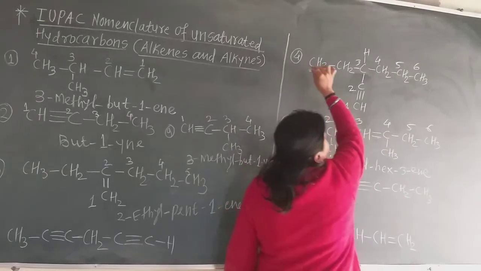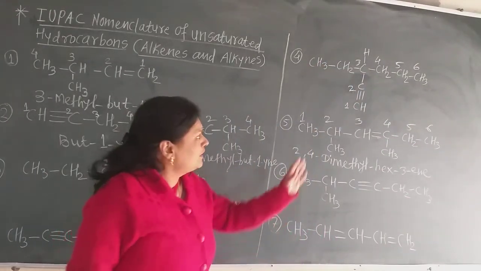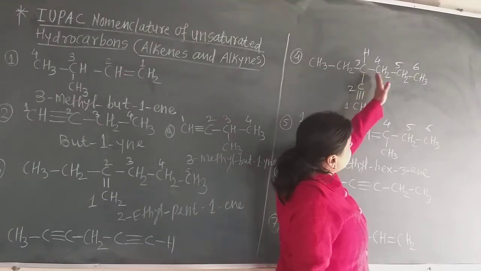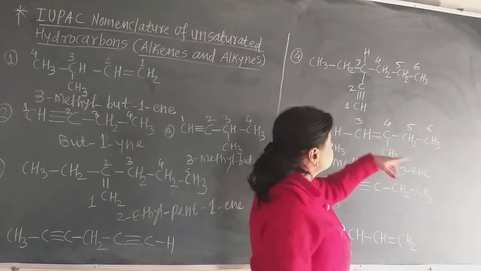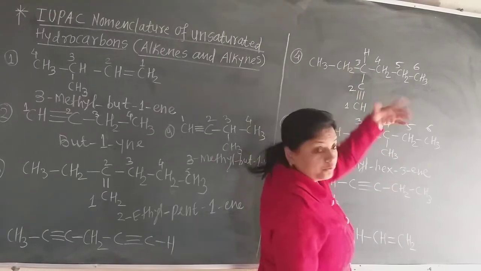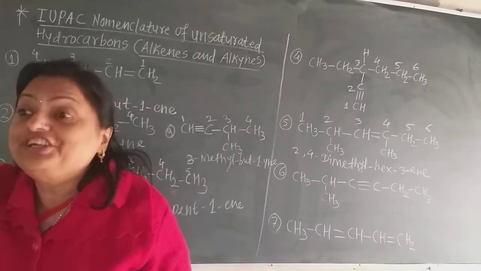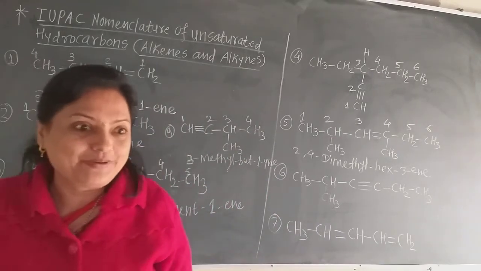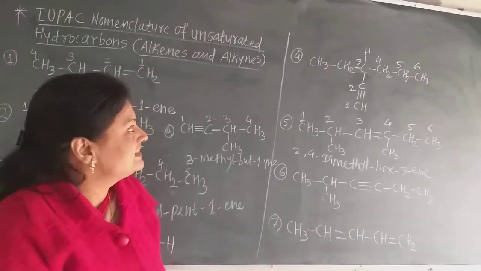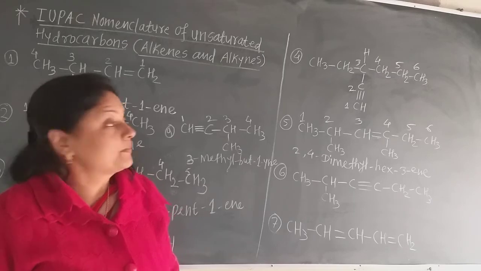Why do I not select the straight chain? Because there is no triple bond. The triple bond is in this longest continuous chain. Remember, students, do not give the numbering such as 1, 2, 3, 4, 5 in a straight line. Always go along a continuous carbon-containing chain, where the carbon atoms are continuous. So this is the correct numbering of the carbon atoms.